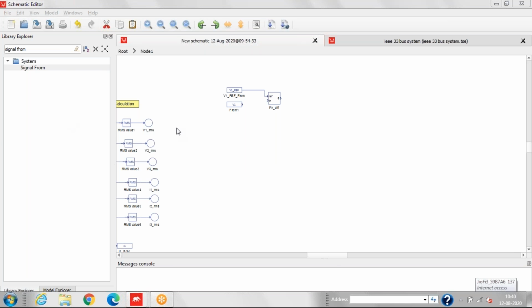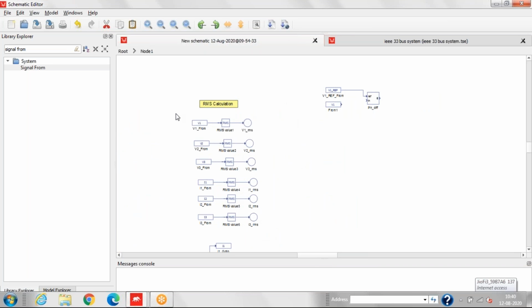Before we do that, we can copy all these signals and use that. So now we can copy this and we can paste it here.